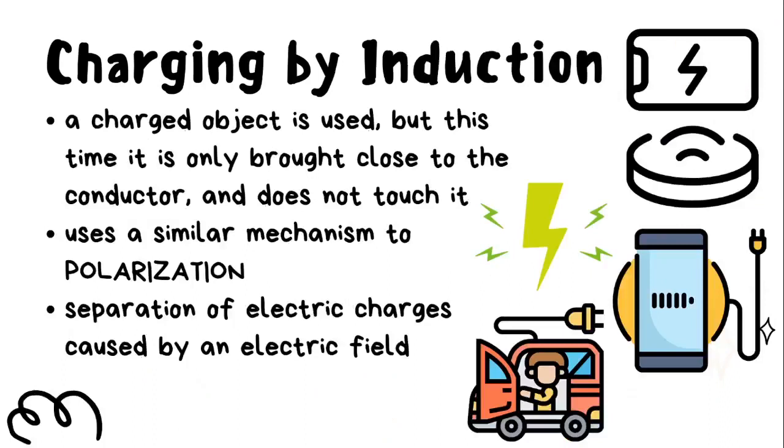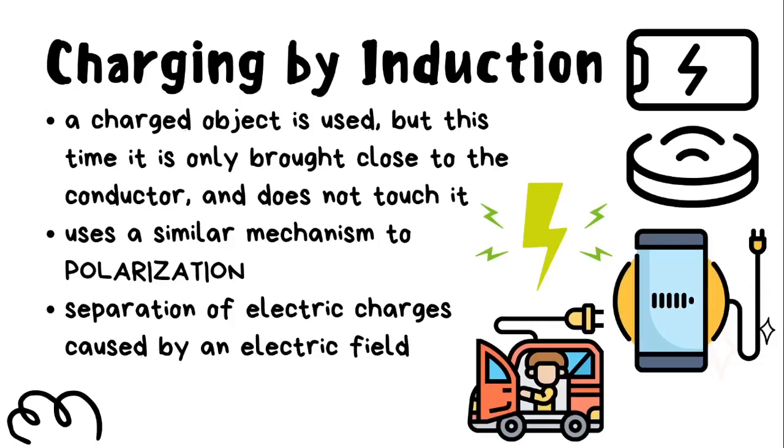The last way of charging objects is through induction. This involves a charged object that is brought close to a conductor but does not touch it. This is because when you place a charged object near another object, it can cause the nearby objects to become charged as well. For example, when you put a balloon that is negatively charged close to a wall, the balloon